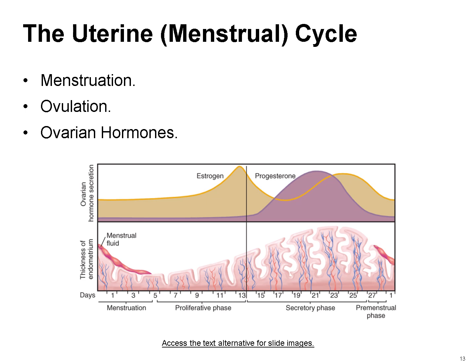Ovulation. Around day 14, a mature ovum is released from the ovary, marking the midpoint of the cycle. This phase is crucial for potential fertilization. The ovarian hormones, estrogen and progesterone, regulate the uterine cycle by preparing the endometrium for a possible pregnancy. Estrogen stimulates the rebuilding of the uterine lining during the first half of the cycle. Progesterone, secreted after ovulation, thickens the endometrium to support implantation of a fertilized egg.